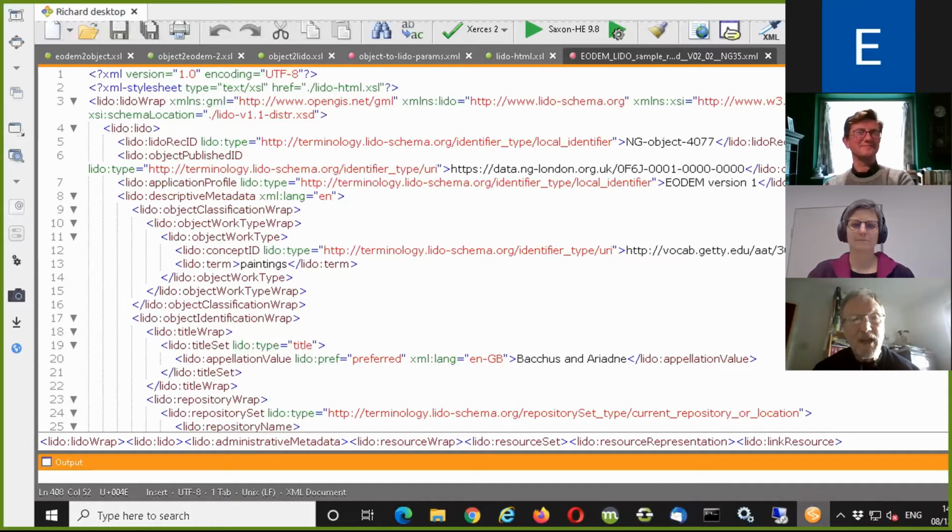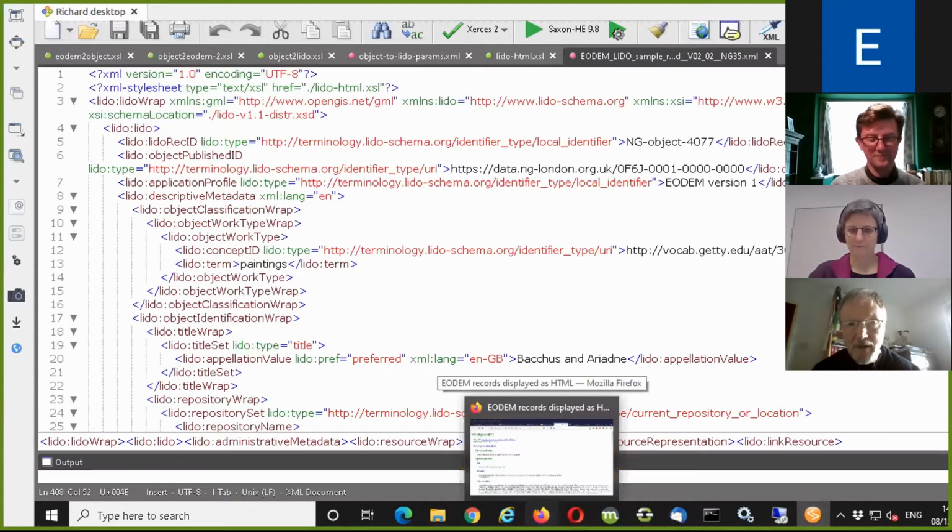You'll also, the keen-eyed amongst you, will notice the second line of that file is an XML style sheet reference. And by putting that reference in there, it means that that document will be automatically transformed when it's introduced to a browser, so that it comes out in a nicely formatted view, which, if my